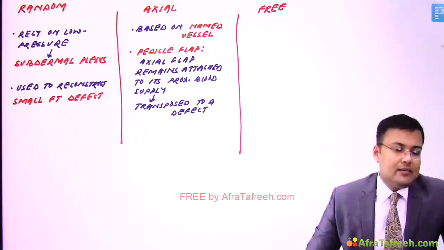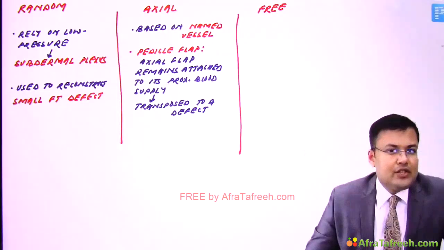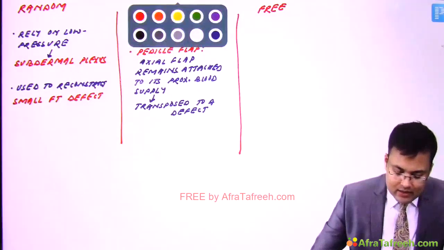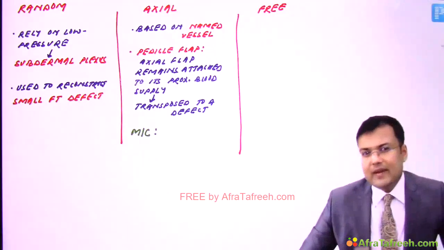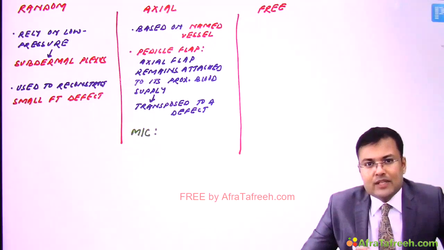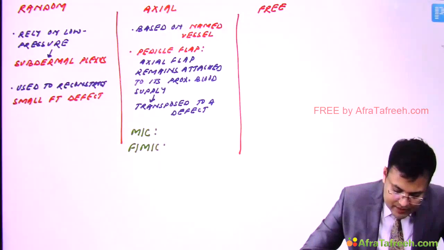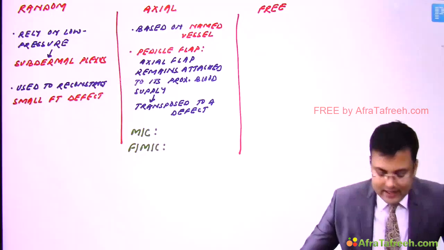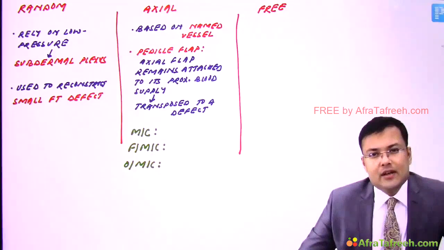After that, certain terms are asked in exams, like what is myocutaneous, what is fasciomyocutaneous, and what is osteomyocutaneous. If you break the term, you will get the answer. If the flap is myocutaneous, break it. The components are myo meaning muscle, cutaneous meaning skin. If it is fasciomyocutaneous, what are the components? Fascia plus muscle plus skin. And if it is osteomyocutaneous, what are the components? Periosteum plus muscle plus skin.